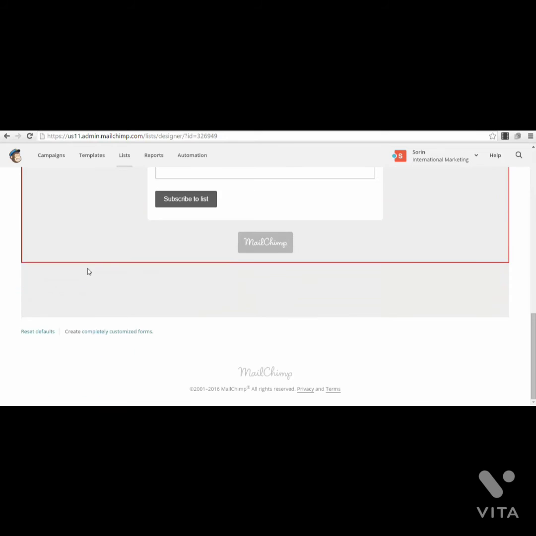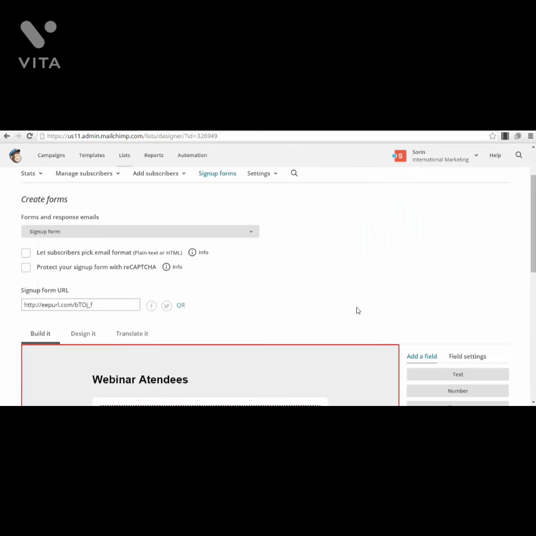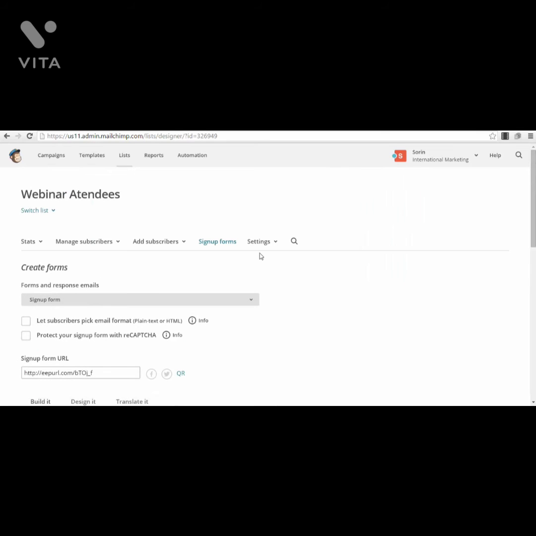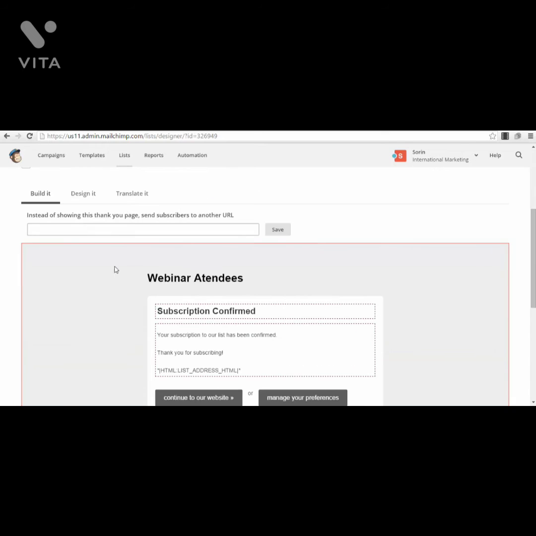Sign up form, let us save this form. Okay, this build. Okay, add field. Just a second, guys. Okay, so we have created the form. You can practically check now, after you have checked the sign up form, opt-in confirmation email or confirmation thank you page. Okay, you can go to confirmation thank you page,